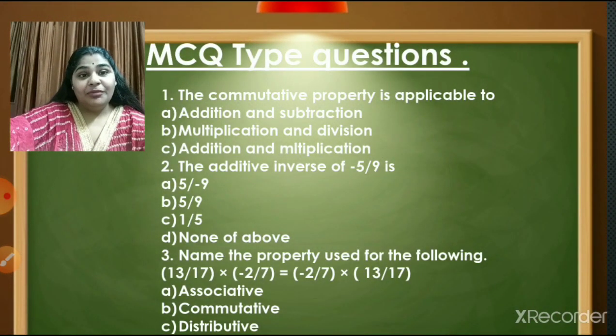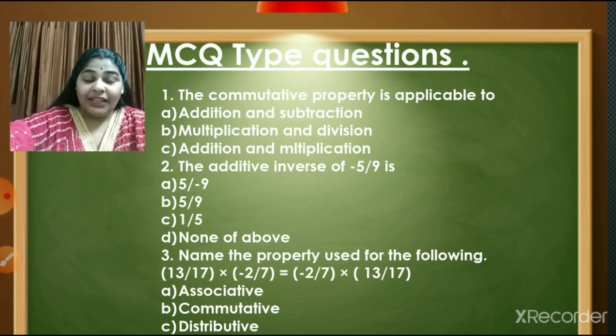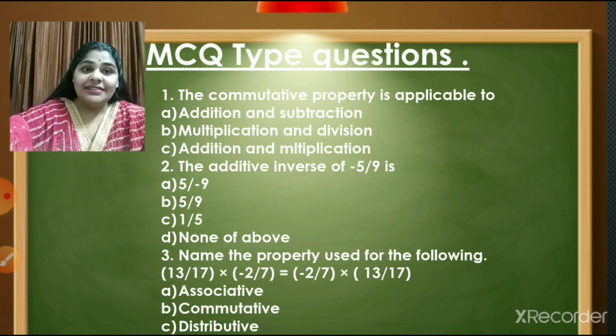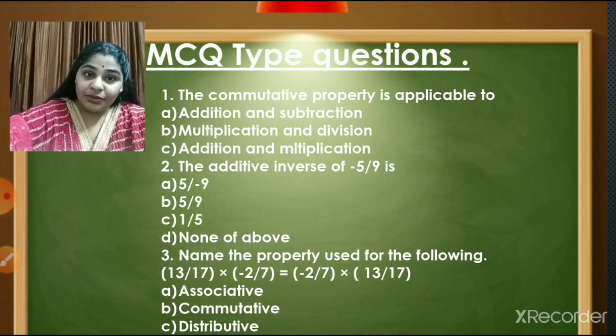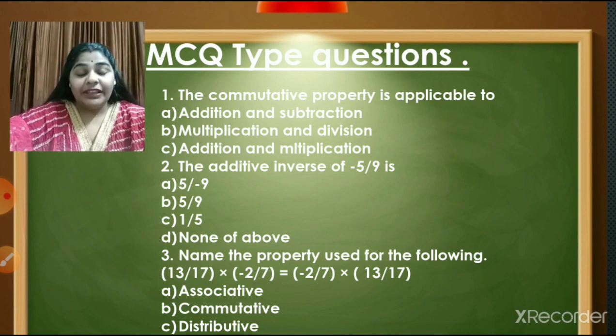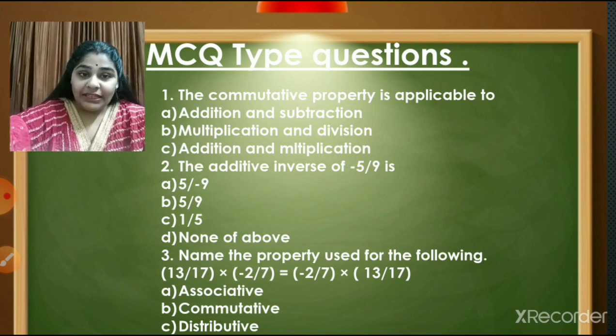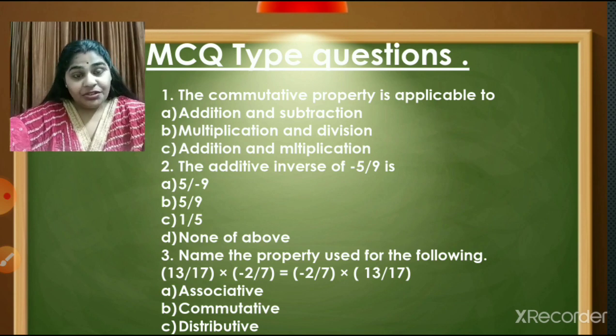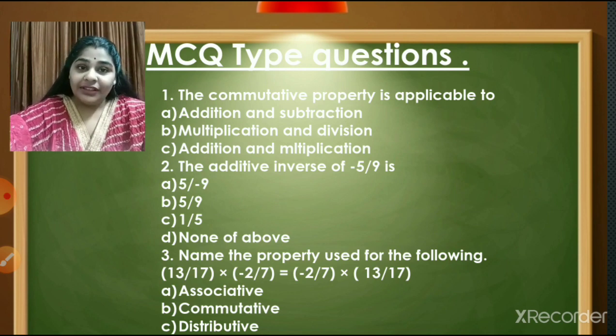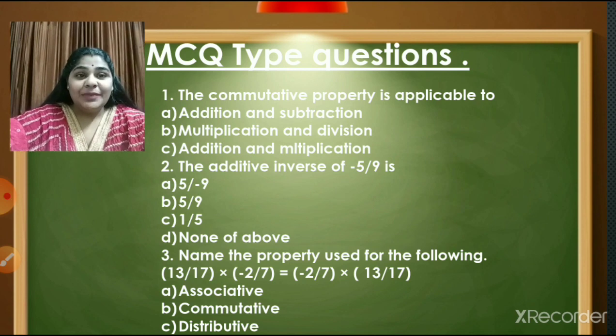Now let us come to exercise 1.1. What type of questions can be asked in the exam? We have already told you all the questions will be of MCQ type, children, whether it is fill in the blank, true or false, or solving. Very important thing to note down: you have to take a pen and a book, and be ready for the exam. Some solving questions will also be there. You have to first solve in the book and then choose the correct option from the given options. So let us begin.